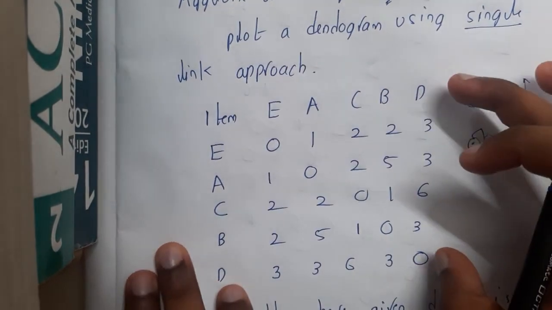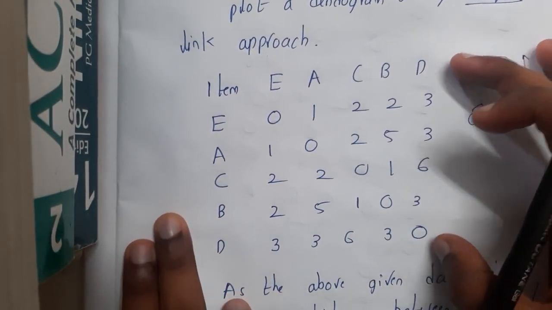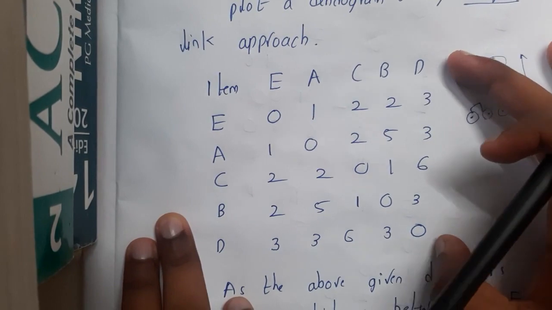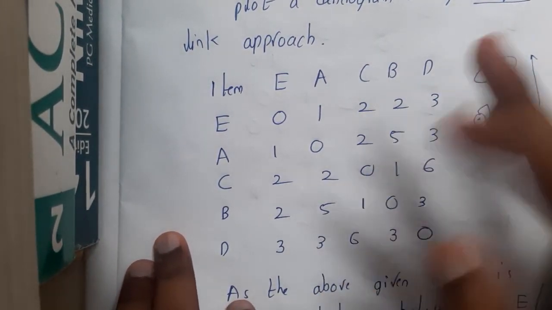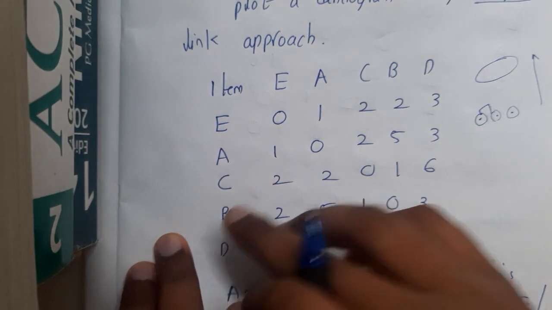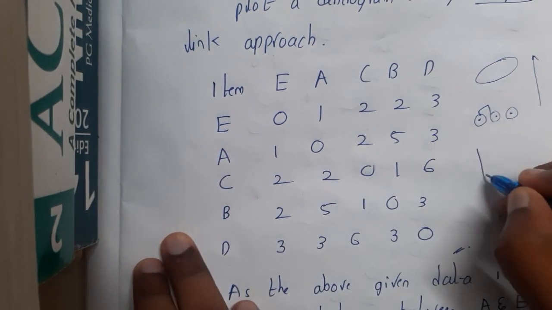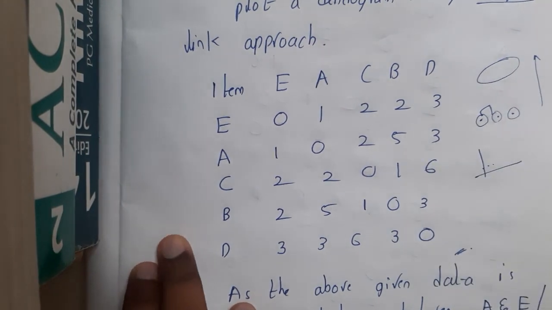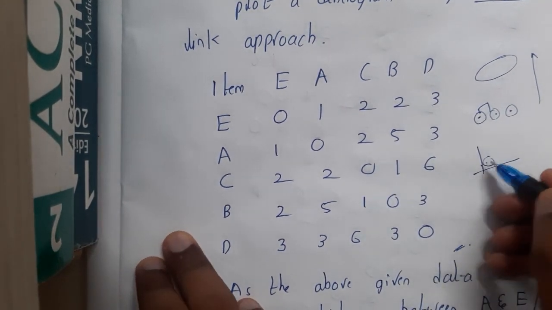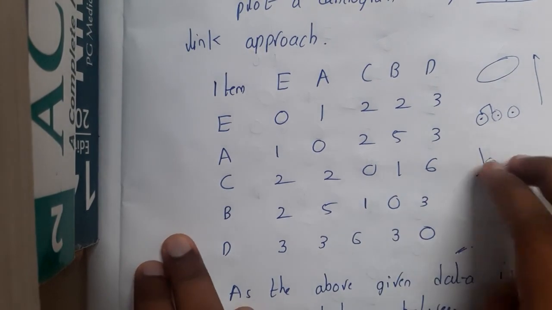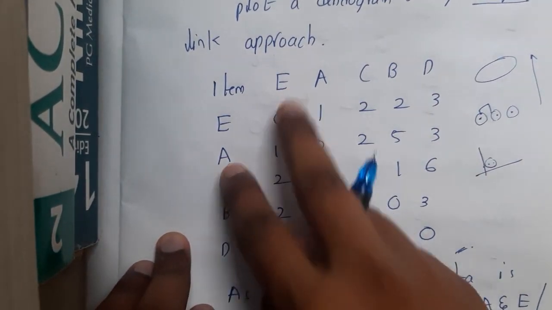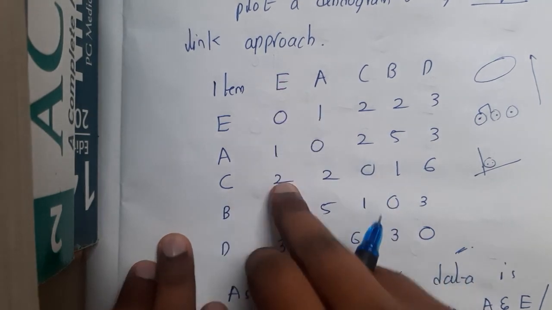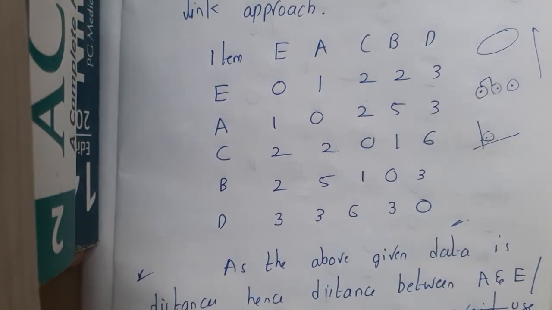In the examination or in your question, they'll be giving you a matrix like this. Don't get scared by seeing this matrix. It is nothing but the distances between these particular items, guys. We will be performing clustering on some items, which have x and y values, and we'll be making them into clusters based on their distances. That distance is what is given here. The distance between A and E is 1. Similarly, C and E is 2. In that way, the values are given in terms of a matrix.